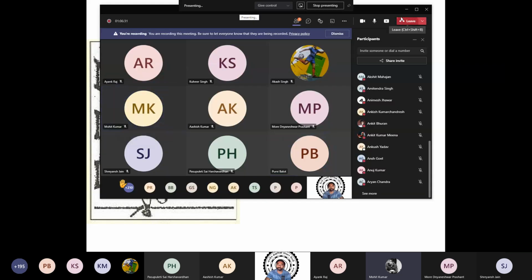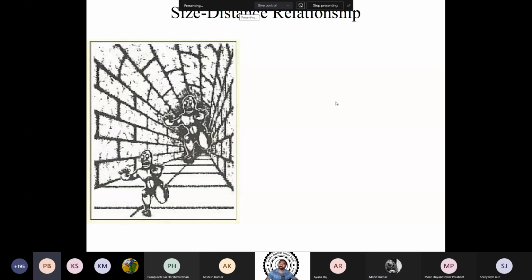Of course. So now you are basically explaining the illusion: the reality is that they are of the same size, but your experiences are different. Now we have to explain why there's a difference between perception and reality. So maybe the conversion of this 3D figure to a 2D sheet over here is making us have different perceptions, and people who have already seen this image know what exactly goes on. Right. So for those who have not seen it before, can any of you try? What perhaps is going on?